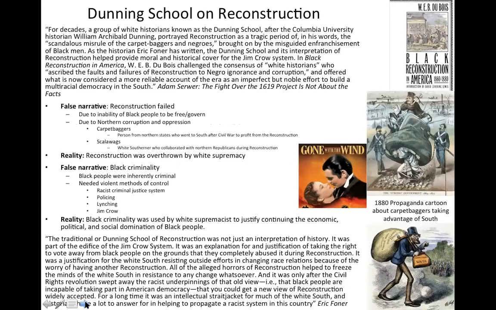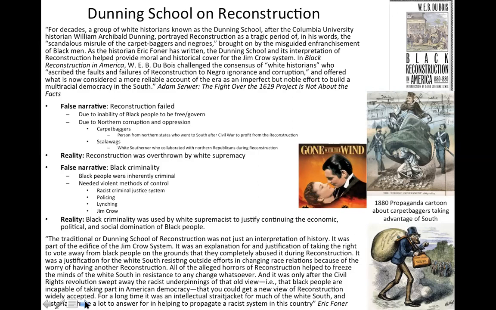So we talked about slavery and the Lost Cause and all that, but there's another, this got wrapped up in the Lost Cause, but this was a new entity of whitewashing called the Dunning School. And this has to do with Reconstruction. And I think for a majority of us, if you ask what Reconstruction is, the majority of people would not know. I was never taught about Reconstruction, or if I was, it was like one sentence and I forgot about it. And then the few people that do know about Reconstruction, they have the Dunning School perspective that